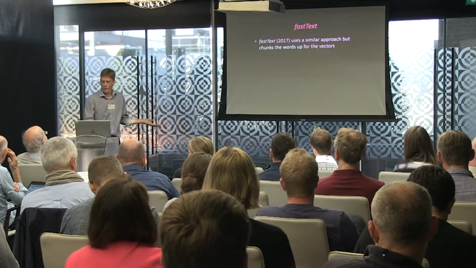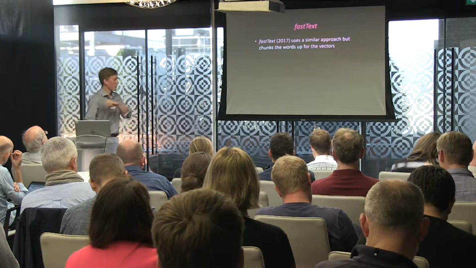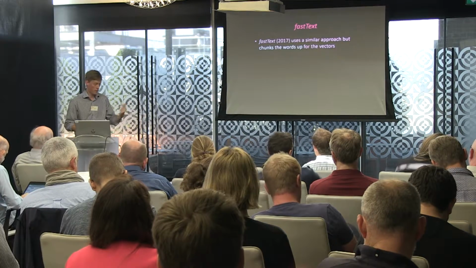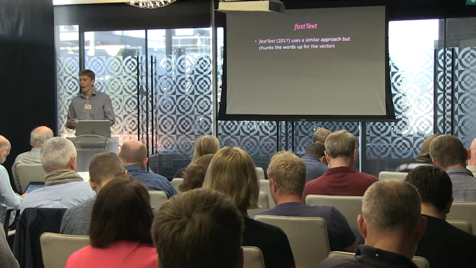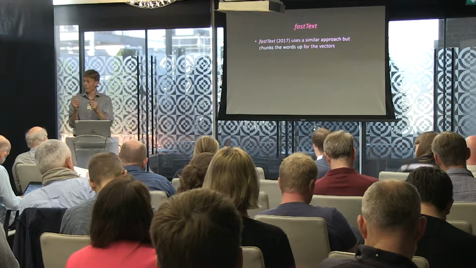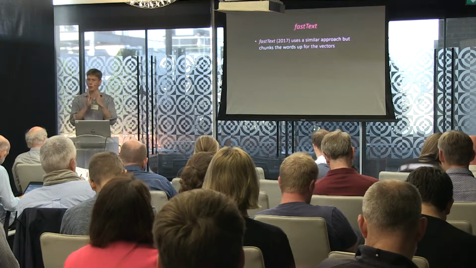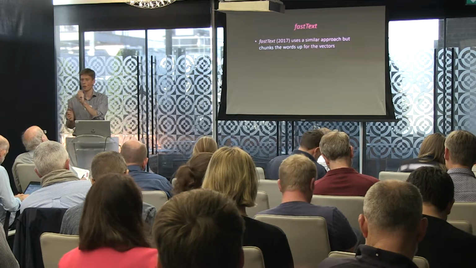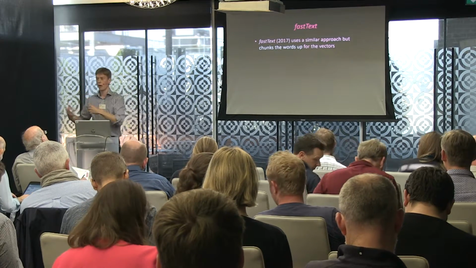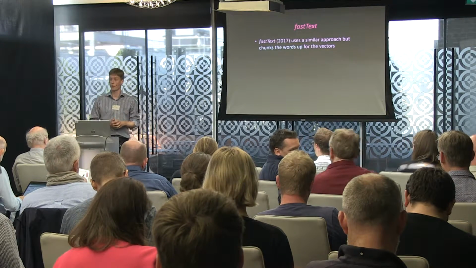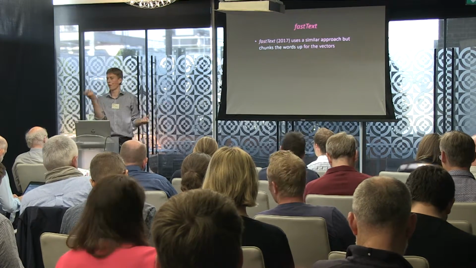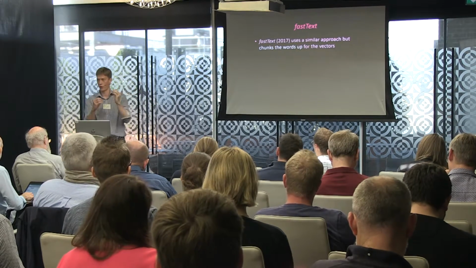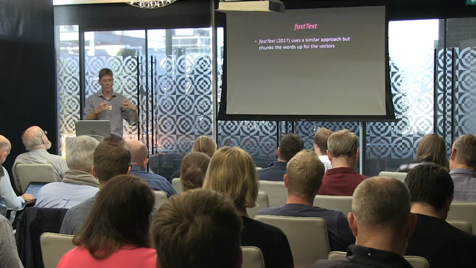Okay, so this is all good fun. I said I'd talk about fastText. So fastText was new last year. Rather than taking the whole word in one go, it chunks the words up into sets of characters. So n-grams or n-chars. So it'll take little chunks and find the similarity in there. So Python, let's say it did it in 3-letter chunks, it would have a pyt and a yth and a tho and a hon, you know.